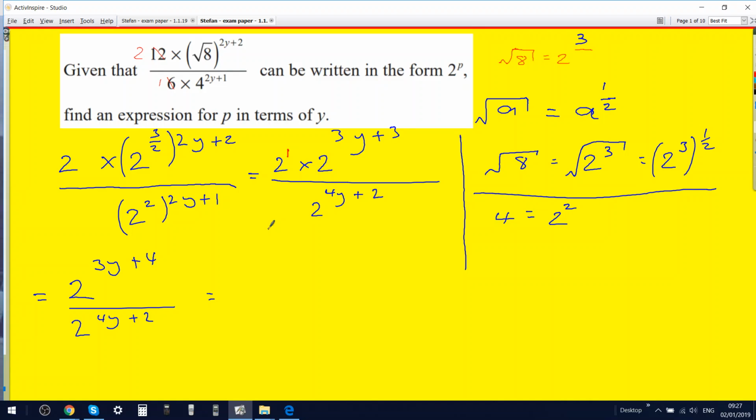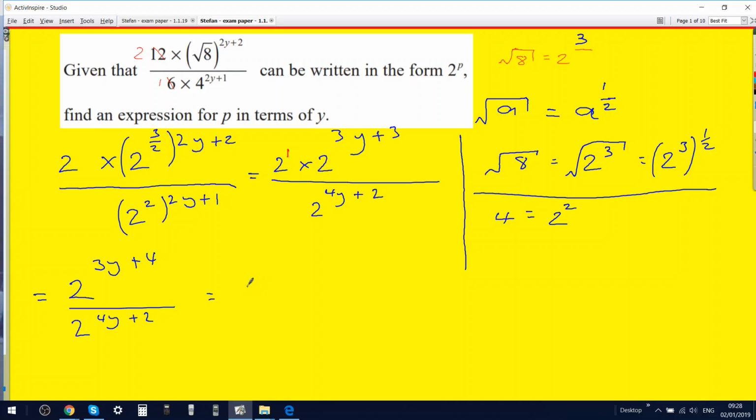Wait, isn't it 4y or was it 3y? It was 3y. 6 over 2 is 3. So, and 4y was on the bottom. So it is where I need to actually start dividing it. Yeah. Okay, so like 2 divided by 2 is 1. No. You're dividing indices. Oh, right. So wait, that's like y